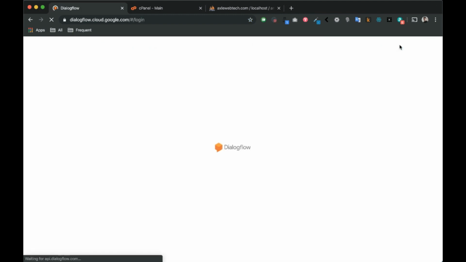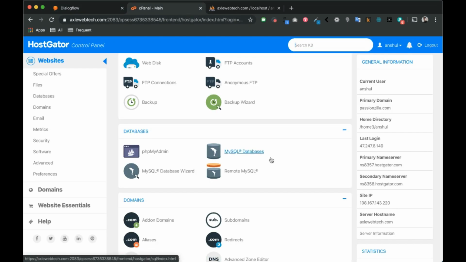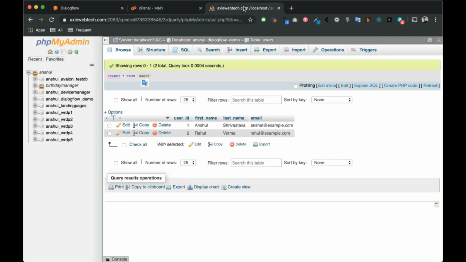And if you have HostGator or GoDaddy, then just log in to that and you will see phpMyAdmin. Now click on phpMyAdmin and you will see your database. So I have created a database called Unsure Dialogflow Demo, and I have created a table called users and I have just added some random data here. So let's see how to connect this MySQL database with our Dialogflow chatbot and how to retrieve this data into